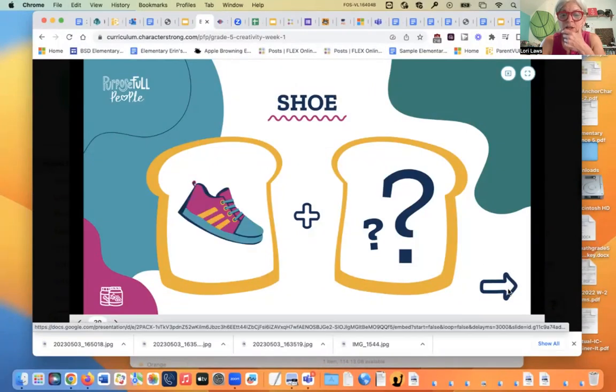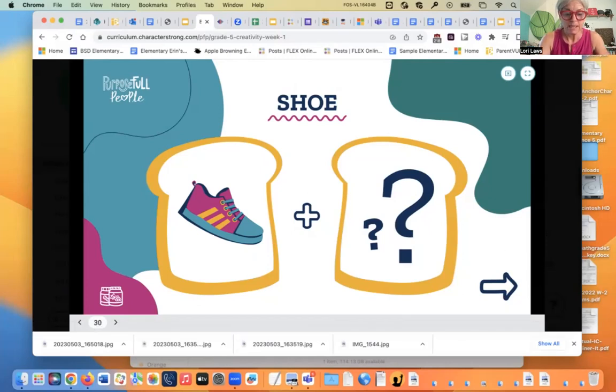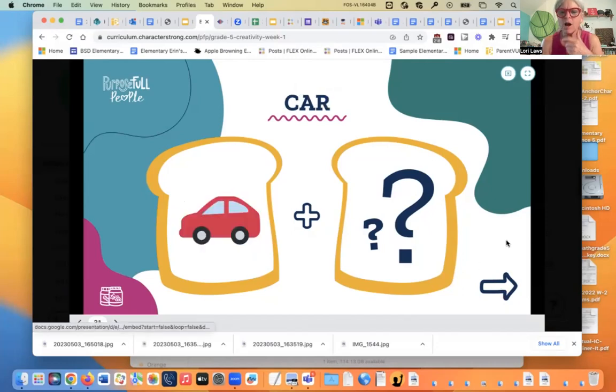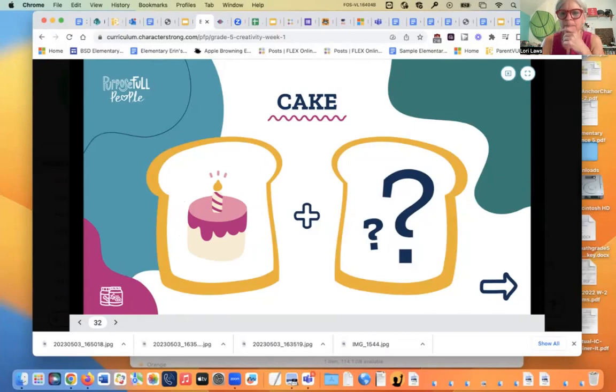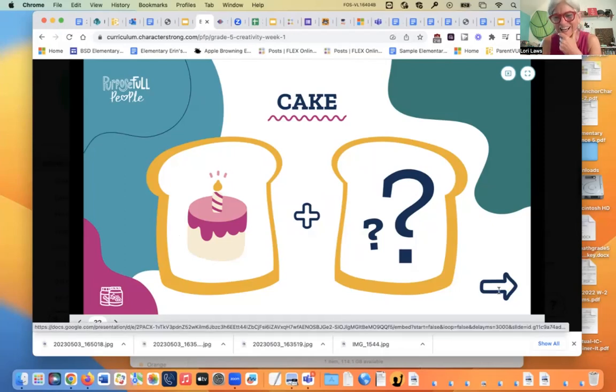Ready? Shoe. Stinky. Shoelace, shoe socks, shoe ground, shoe sock. Okay, shoe jog. Nice. Are you a jogger? Here we go. Car. Road, wheel, car, street, exhaust, gas. Good. Next one. Birthday cake. Hello. Birthday. Ice cream. Yum. Card. Party. Nice. Fire. Uh-oh.